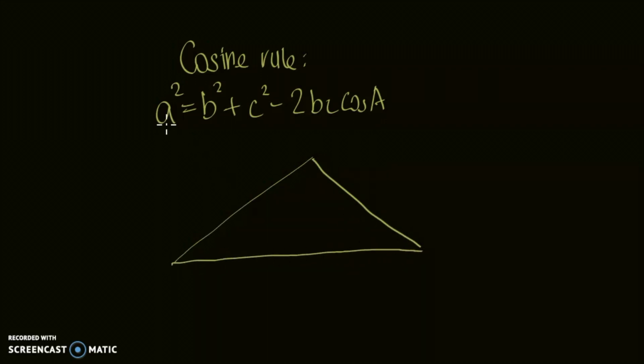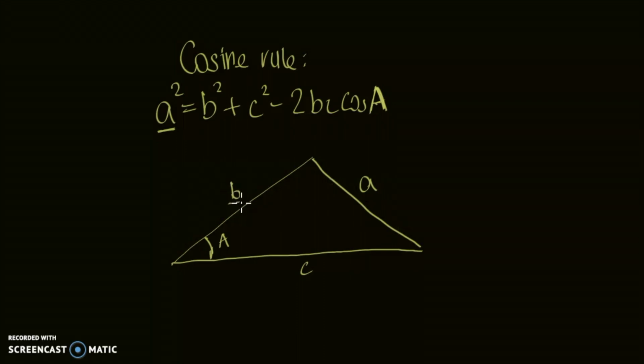A is the value of a side, so technically A can be any side. I'm just going to make this A, and B and C are the other two sides. And A, the capital letter A, as I've said before, is the angle directly opposite to the side A. Okay, so in order for us to find the value of side A,